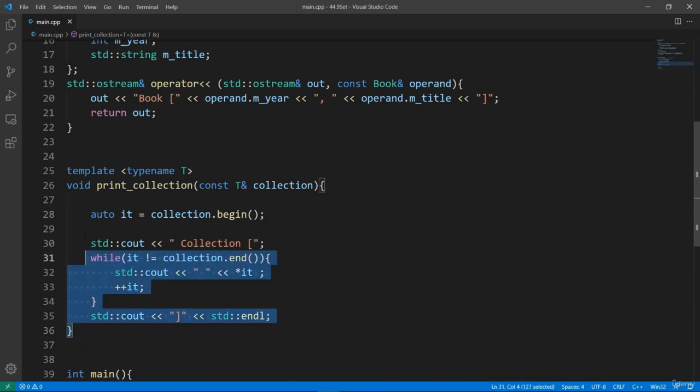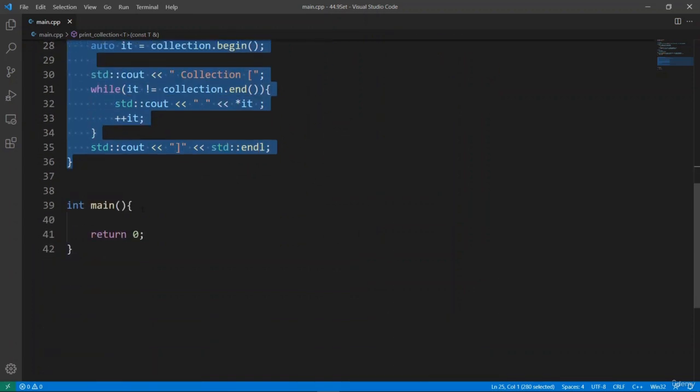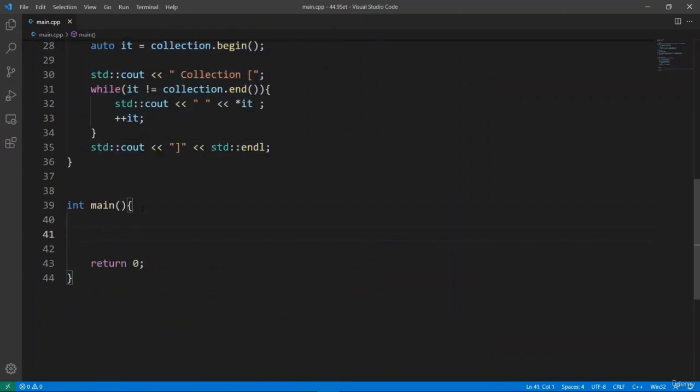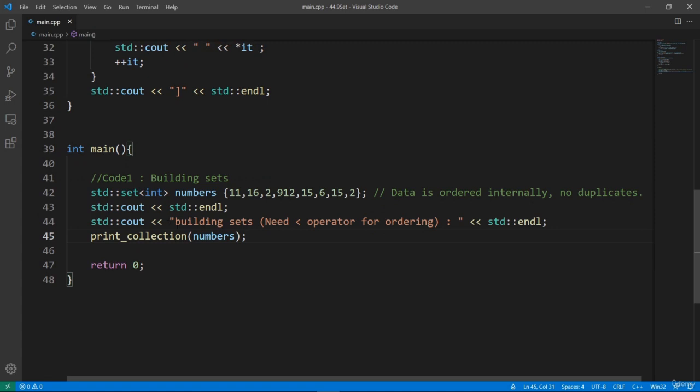This is something you already know by now. Now, we are going to go down in the main function and set up an std set object. This is going to be storing integer types, and we specify that using our template argument here, and we're going to put in data. You see that the data wasn't ordered when we put that in our collection. We have 11, 16, 2, so this is really in random order,